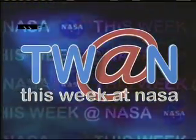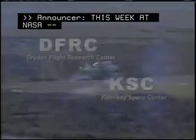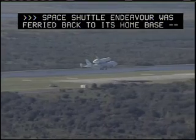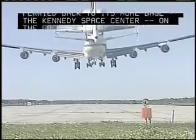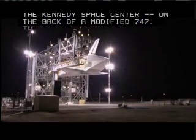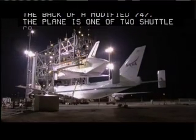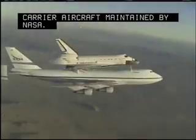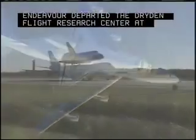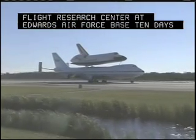This week at NASA. Space Shuttle Endeavour was ferried back to its home base, the Kennedy Space Center, on the back of a modified 747. The plane is one of two shuttle carrier aircraft maintained by NASA. Endeavour departed the Dryden Flight Research Center at Edwards Air Force Base 10 days after landing there, following the successful